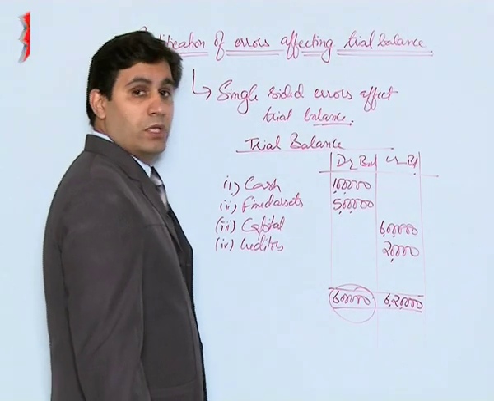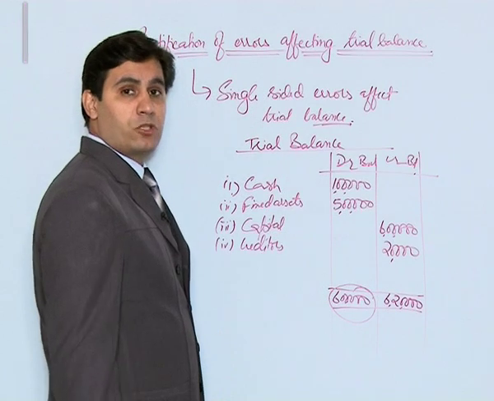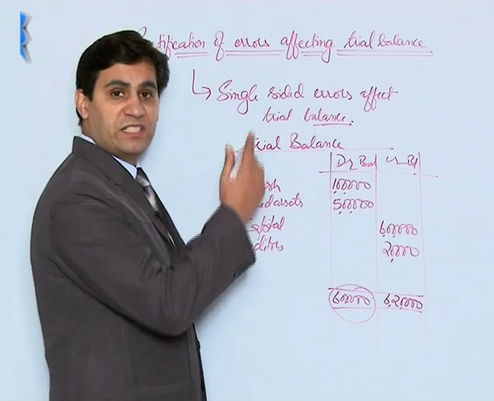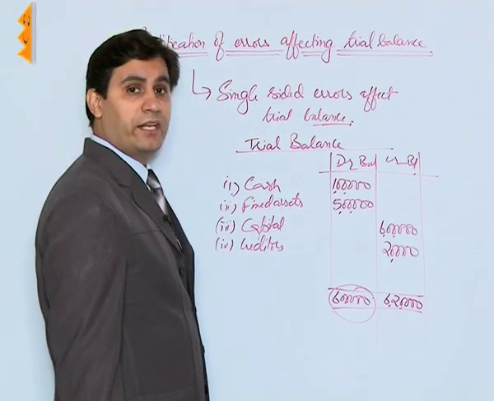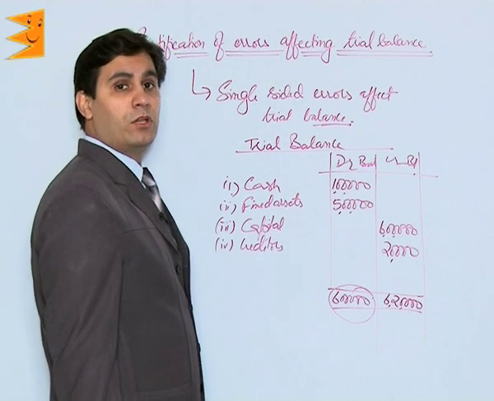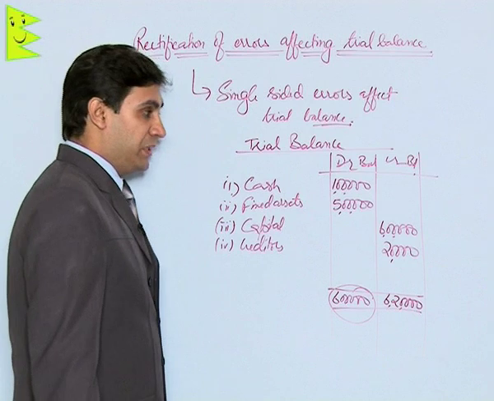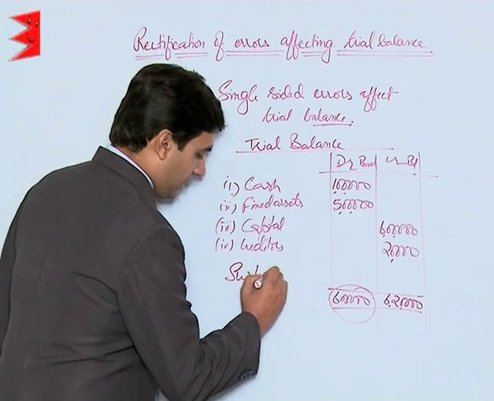So what to do? In this case, the businessman or the accountant must make sure that he is able to locate errors. He must follow a series of steps that we had discussed earlier to try and locate the errors and rectify this. But if he is not able to do so and he is in a hurry to prepare financial statements, then he can create an account which we call as suspense account